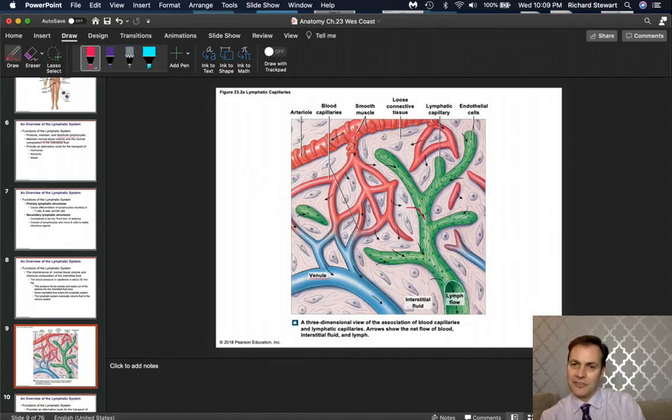Okay, so this is a cell. These are your blood vessels and arteries. So all this stuff in between the cells, that's interstitial space, interstitial fluid. Okay, so there you go, lymphatic vessels. Pretty simple.